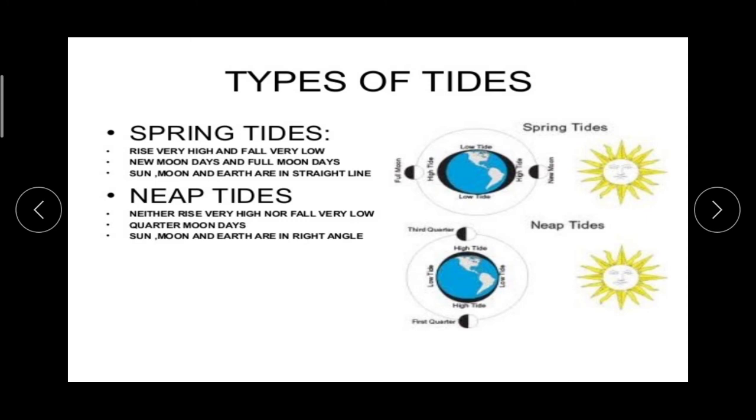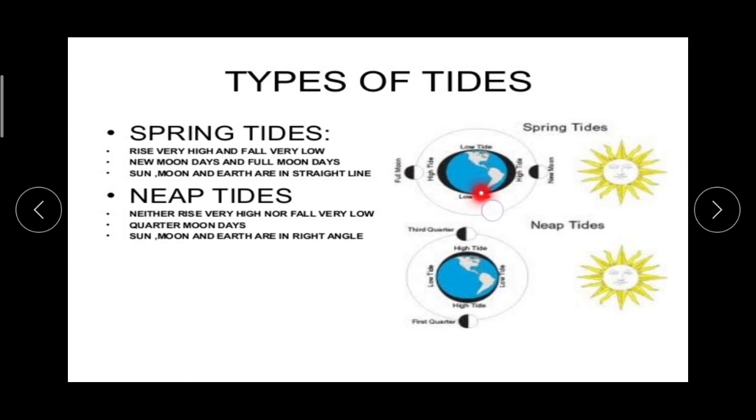As the timing of the tide varies every day, the range of a tide also keeps on changing, and the highest high tide occurs on full moon and new moon, whereas on the days of the first and the third quarter the high tide is at its minimum. So according to this, spring tides and neap tides are the two types of tides. Now what is exactly the difference between the spring tides